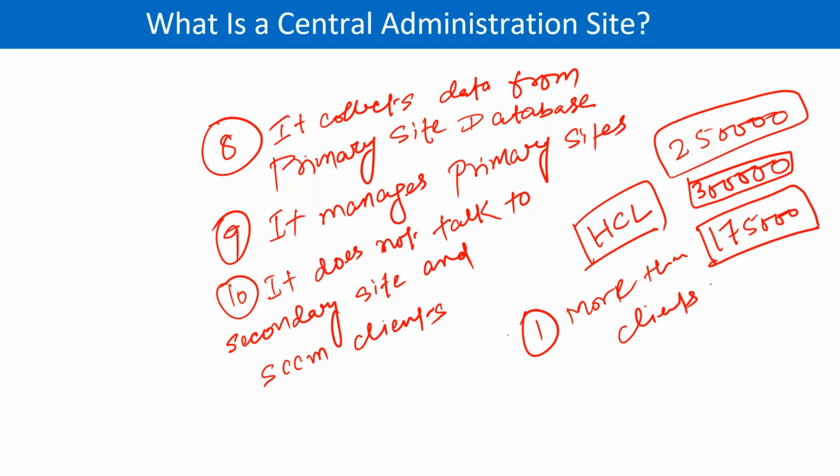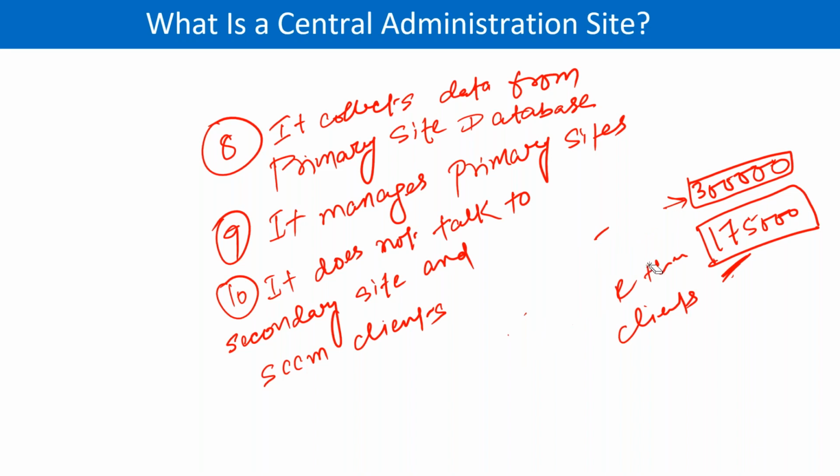But one primary site can manage only up to 175,000. So this is like going above the limit. The one primary site limit is what? 175,000. But HCL got 300,000 devices. So we need more than one primary site. Okay, that's the first case, first scenario. The second scenario is you don't have